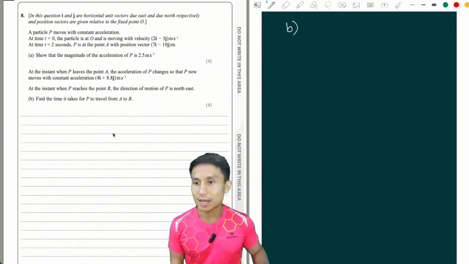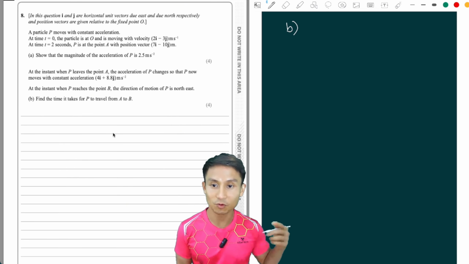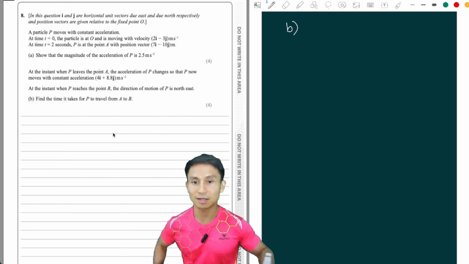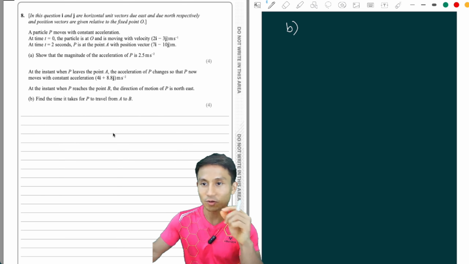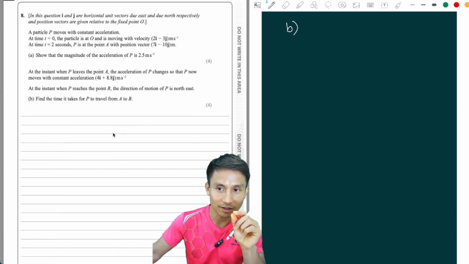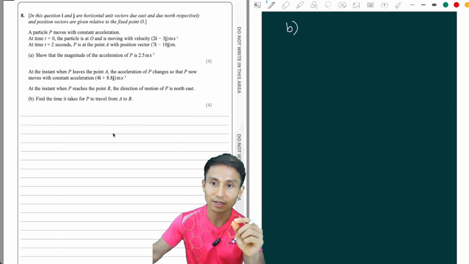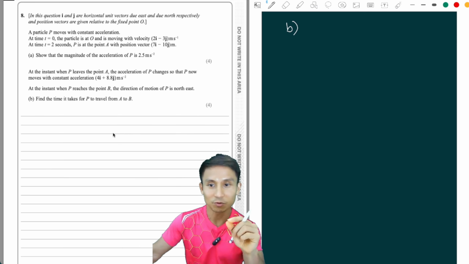Okay. At part B, at the instant when P leaves the point A, the acceleration of P changes so that P now moves with a constant acceleration. So point A is just that point that we got earlier, where the position vector was 7i minus 10j. And now it changes acceleration from that point onwards. At the instant when P reaches the point B, which is our new point,